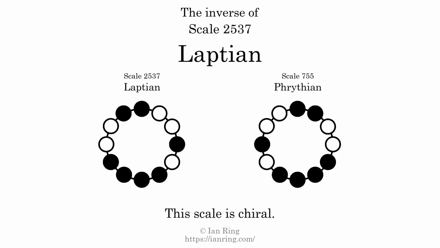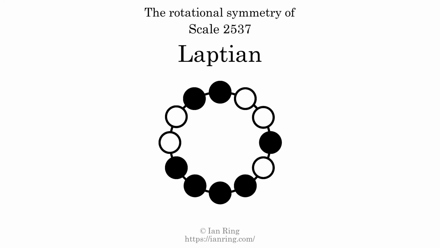The inverse of a scale is a mirror image. It is what you get when the sequence of intervals is reversed. The inverse of this scale is scale 755, also known as Frithian. This scale is chiral. It cannot transform into its inverse by rotational transformation. This scale has no rotational symmetry. For even more detail about this scale, visit